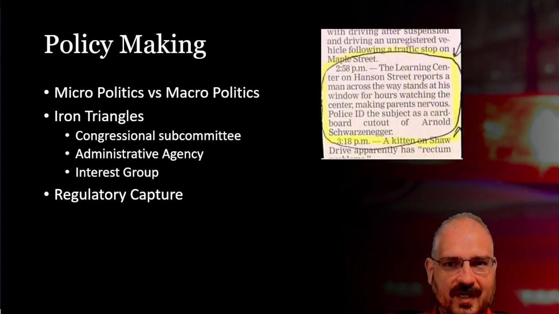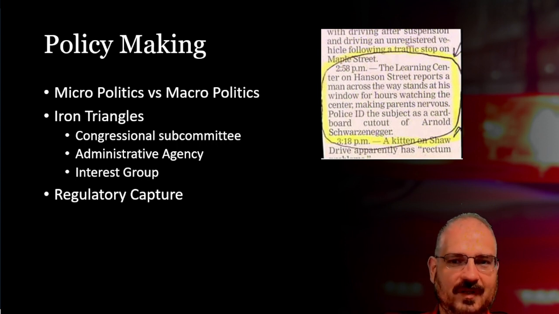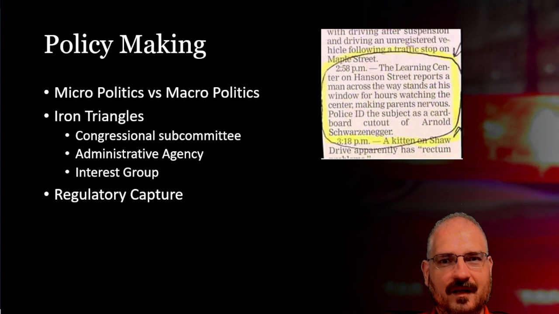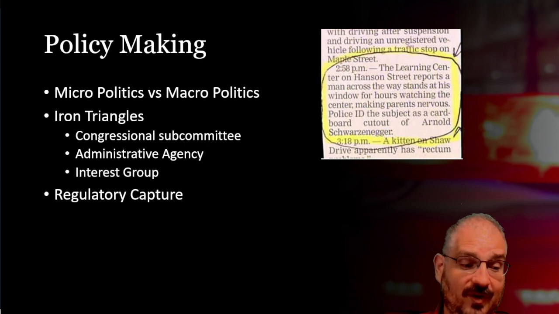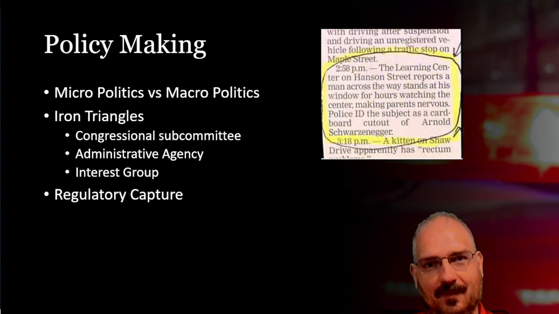But in the late 20th century and into the 21st century, this has become a little less common. And one of the big reasons for that is because of the concept of regulatory capture. And regulatory capture refers to the process by which the groups or organizations that are supposed to be being regulated have an undue and overwhelming ability to affect what those regulations are and how those regulations work. So essentially, if, say, the oil companies become way too powerful in dictating how oil companies are going to be regulated, that would be regulatory capture.